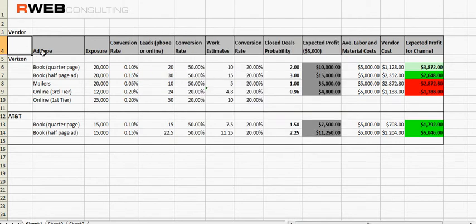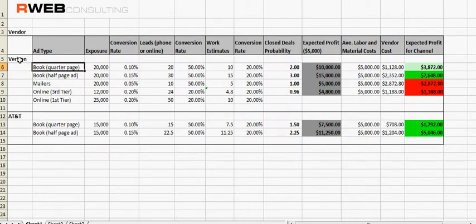So here is the first company that approached us, Verizon. They had different ad sizes. We were mostly interested in the quarter and half page. They also offer one-liners that we didn't really look at, hard copy mailers, and also an online presence. So let's take a look at just the return on investment for doing a quarter page ad